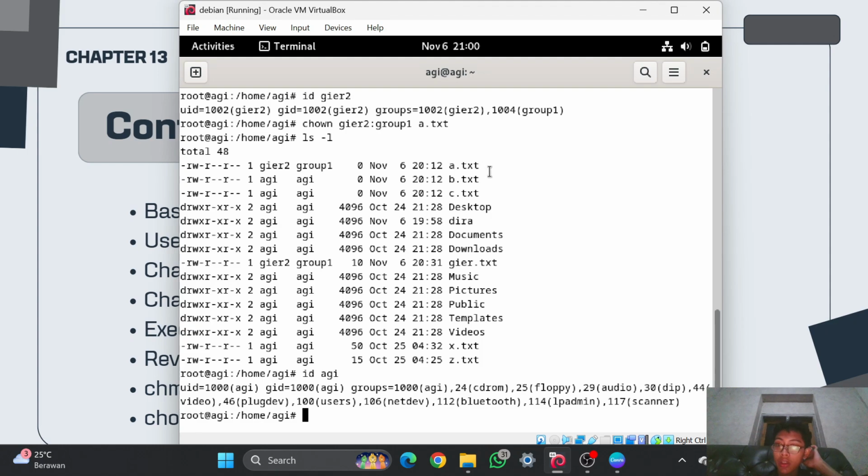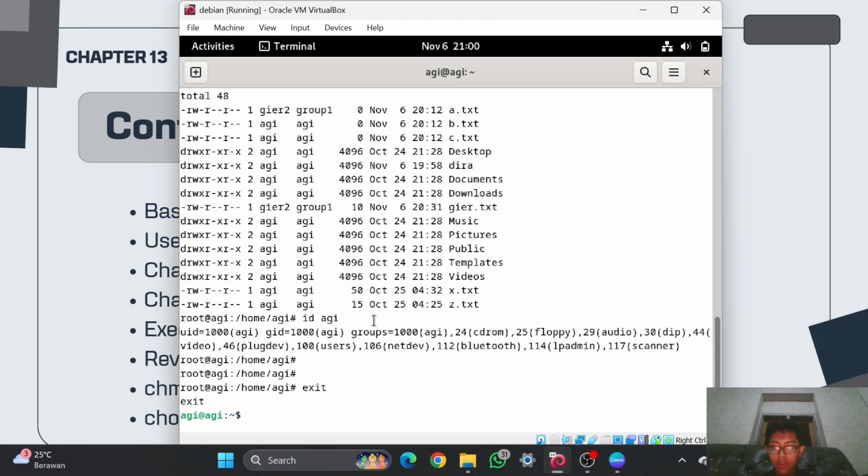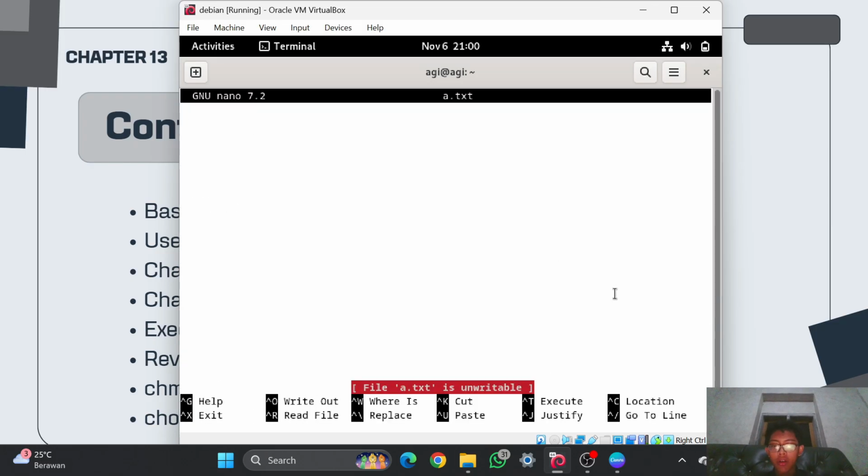But I forget, I haven't added the w in here. So for this file, it is only gr2 that can modify this file. So for example, in here I will go into AGI user, and if I try to edit a.txt, it will be an error while a.txt is unreadable.